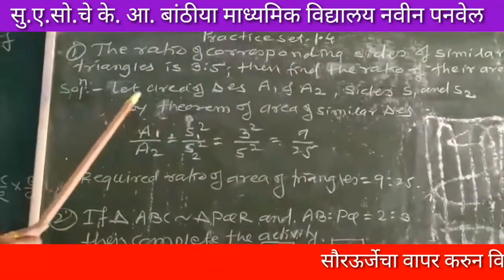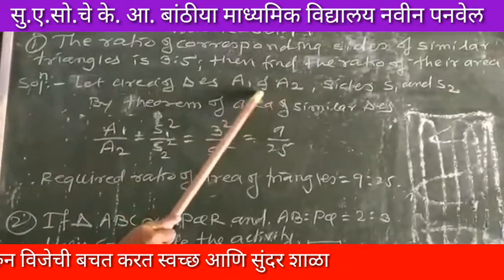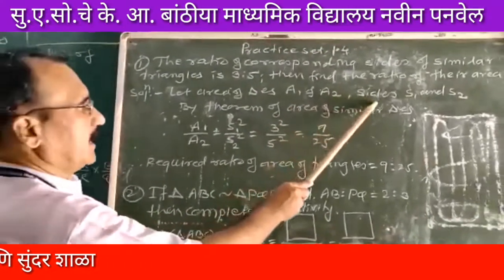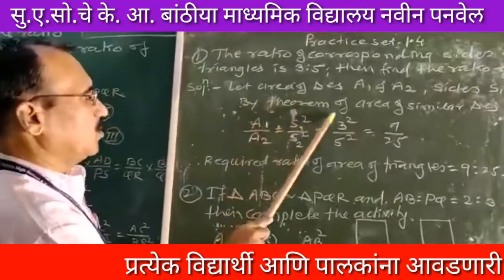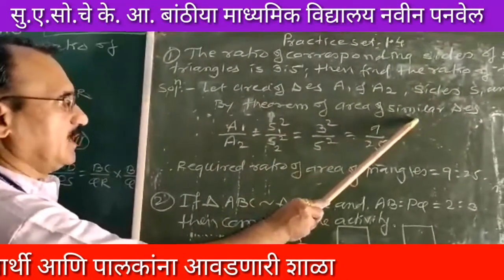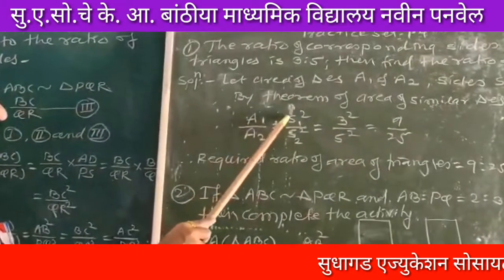Solution: let the areas of the triangles be A1 and A2. This is for our convenience. And the sides are S1 and S2. By the theorem of areas of similar triangles, we see here that A1 upon A2 is equal to S1 square upon